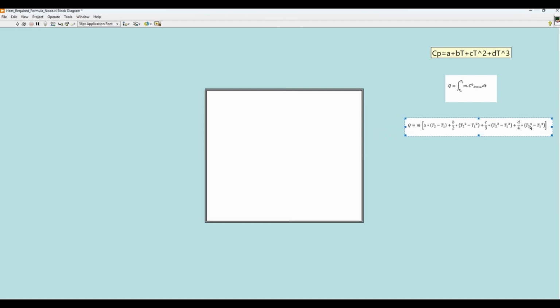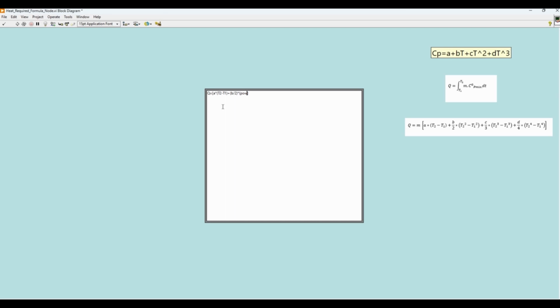So here we have to focus on this expression and write it inside this formula node box, the same thing. So this is Q, that is equal to A into T2 minus T1, plus B by 2 into, inside this bracket, T square.